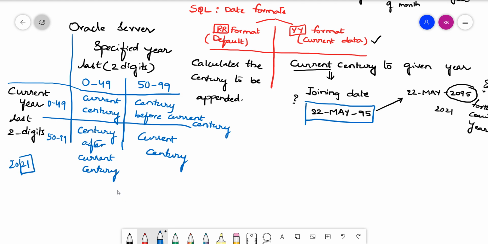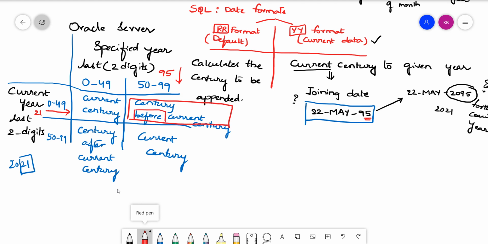Right? So into which block do we belong? We should check here in this one, because we are in 21 as the last two digits of the current year. Then what are the specified last two digits in this year? 95. So this comes here. So what is the century to be added? The century before the current century.